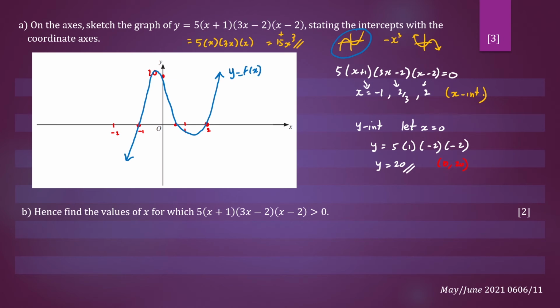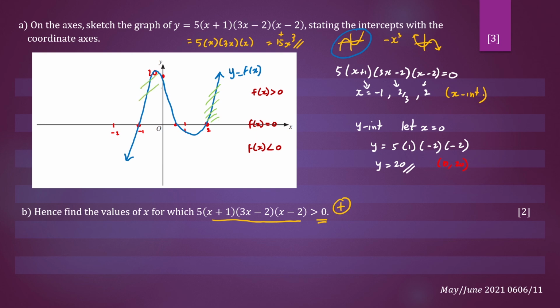So to do part B, we can actually use the graph easily to solve this. We want to see where your function is greater than 0. That is positive. Your function will be positive when above the x-axis. It will equal 0 on the x-axis. And it would be less than 0 or negative when it's below the x-axis. So when you look at your graph, you have to ask yourself, where is the graph above the x-axis, greater than 0? So we see that here,